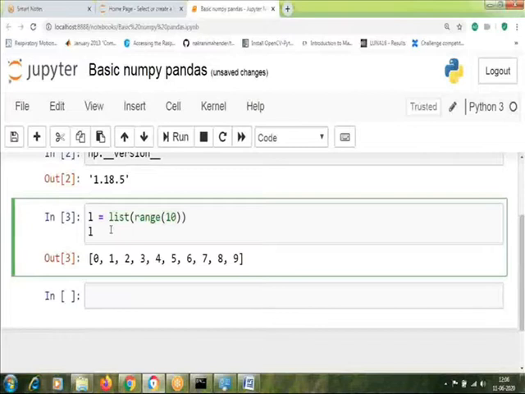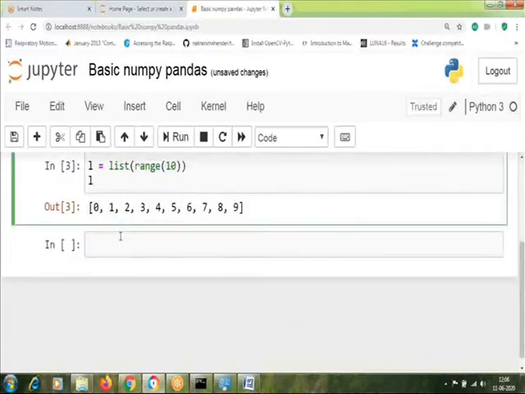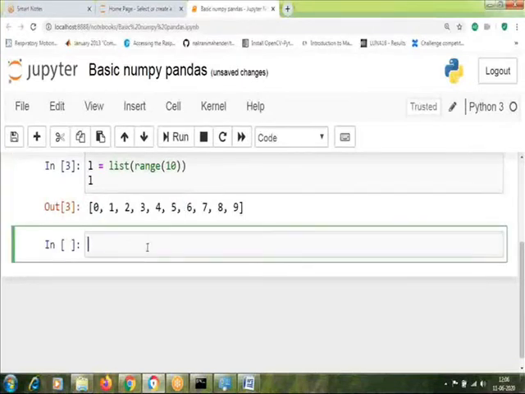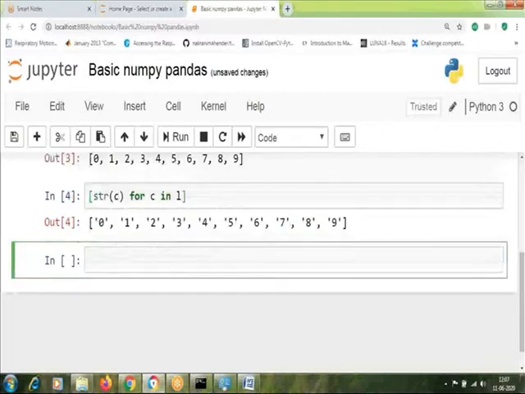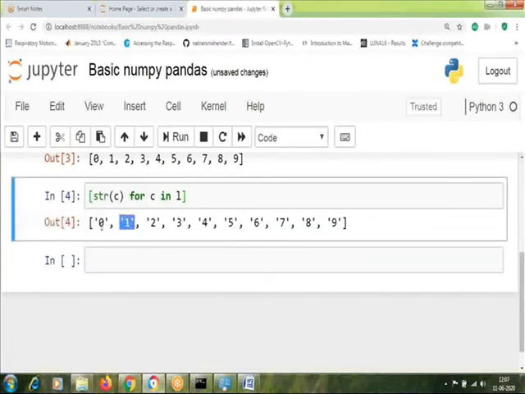Another important thing about Python is typecasting. You can directly convert types. Now these are integers, right? I can directly convert them into strings just by giving the keyword str, in brackets C, where C is everything in L. When you execute this, you can see that all integers are converted to strings. Strings are indicated by single quotes and integers without quotes.